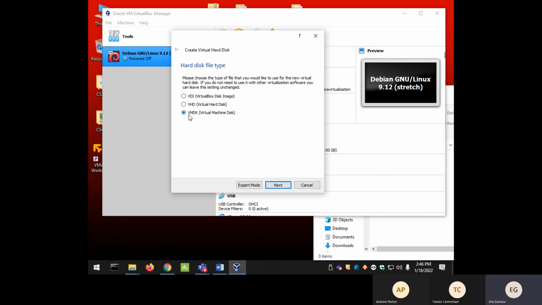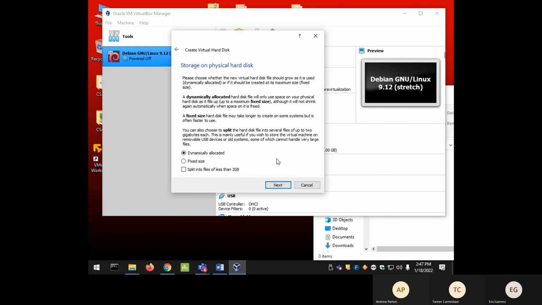Which is a VMware disk, VMDK. It's a virtual machine disk, but this is the format of VMware. I'm going to click on next, and it will ask me, how do you want to create it? So do you want to